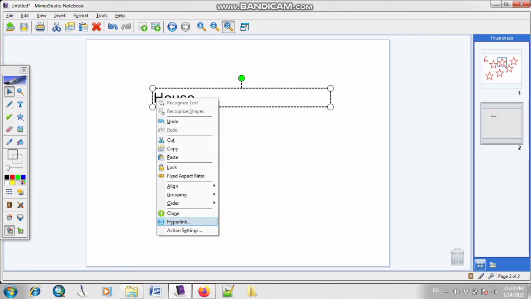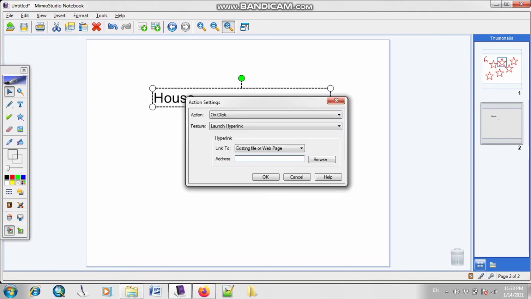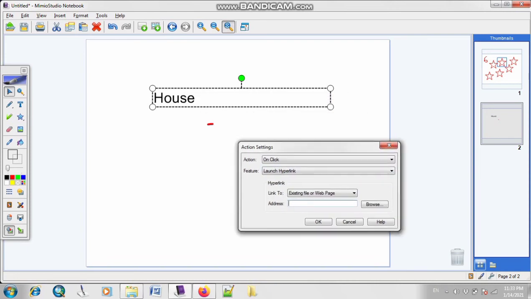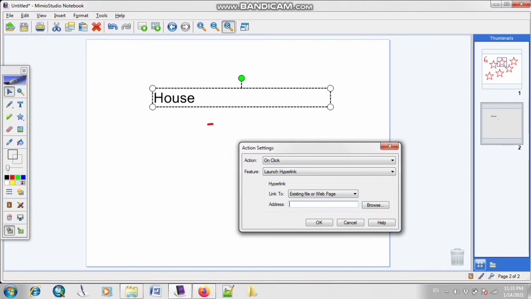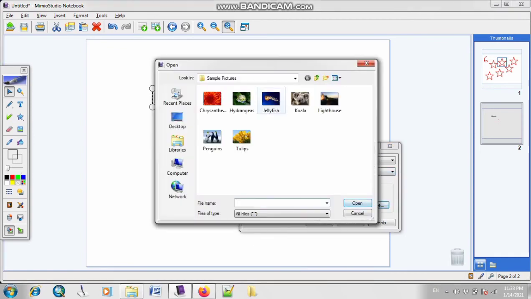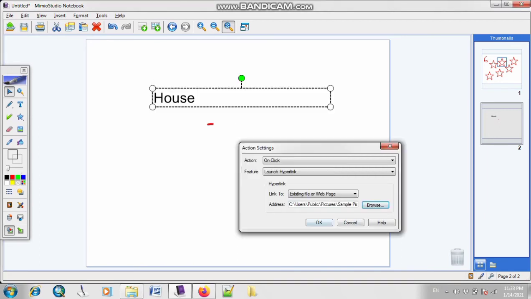I will click on this option of hyperlink. Now I will attach an image with this text. What will happen is, when a user clicks on this text, the user will automatically get that image. I will add from my gallery. I will click on this lighthouse, open, and okay.